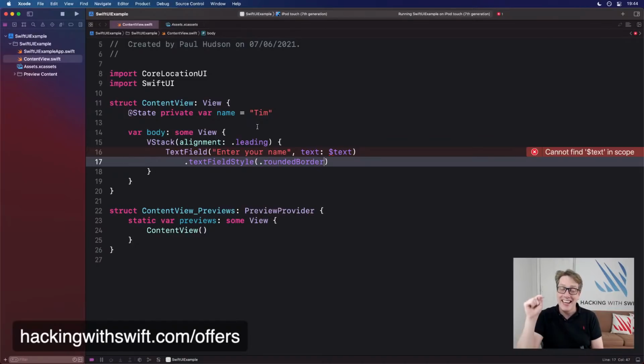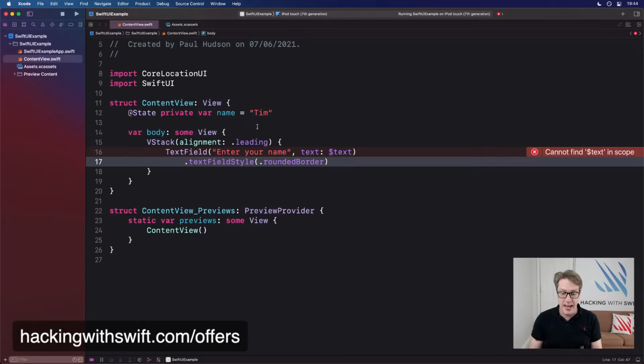And it was like that in the original SwiftUI beta for like 2019, and it was removed quickly because it took a lot of hacks to make it happen, and now it's built into Swift directly to work correctly, which is great. Actually, in this case, you can see I've got text field with rounded border, which is